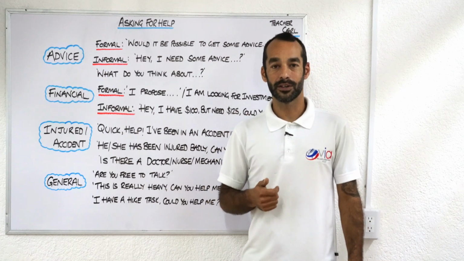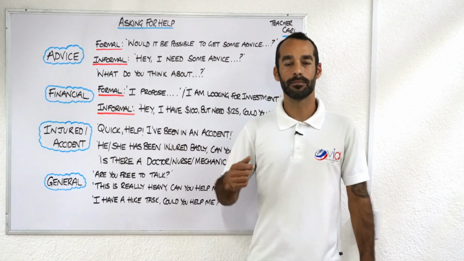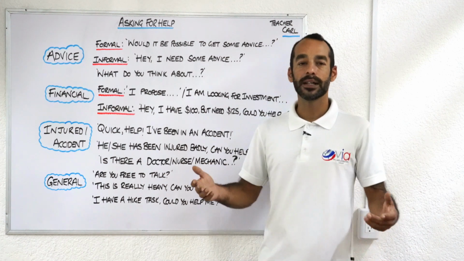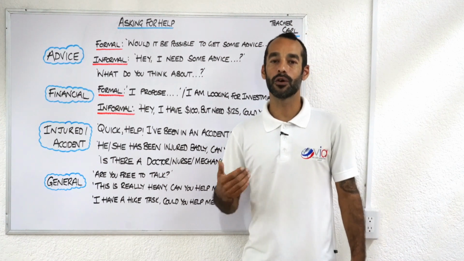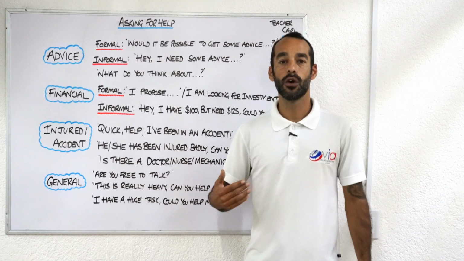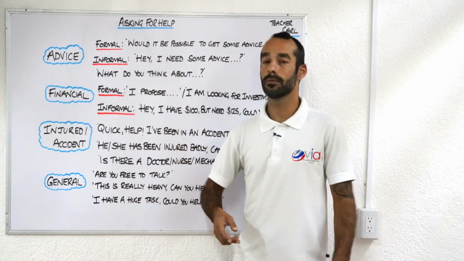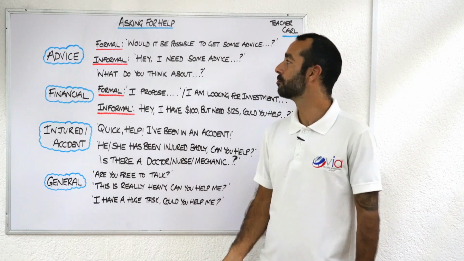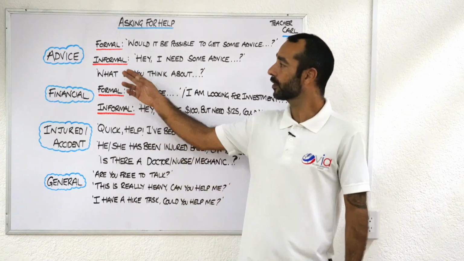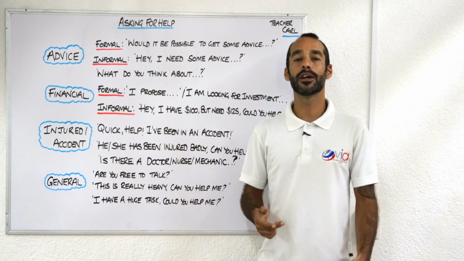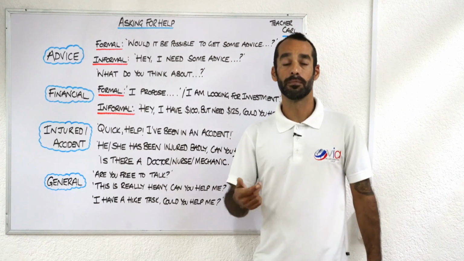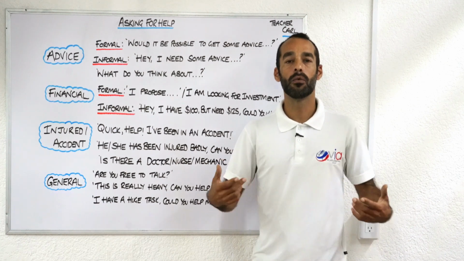Every day we're always looking for advice. Usually we look to people with more experience, maybe friends, in order to help us through certain situations. Now, depending on who we're talking to, we may adopt a formal tone or an informal tone. For example, if we're speaking with our bosses or somebody who's higher up than us, we're definitely going to apply a more formal feel to the ask for help. So for example, we may say something like, would it be possible to get some advice? If we're talking with our friends, however, it's going to be slightly different. And we may say something like, hey, I need some advice on my thing at work or my relationship, whatever the aspect is.